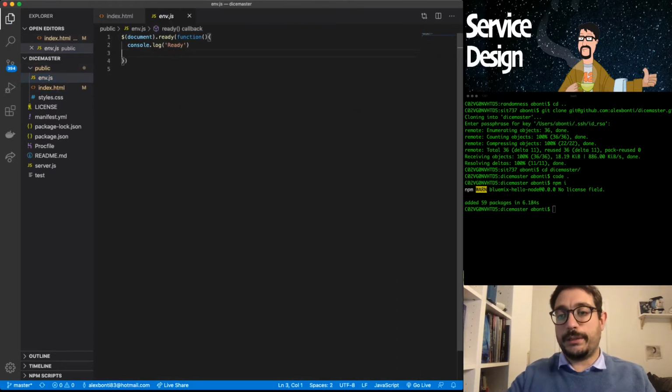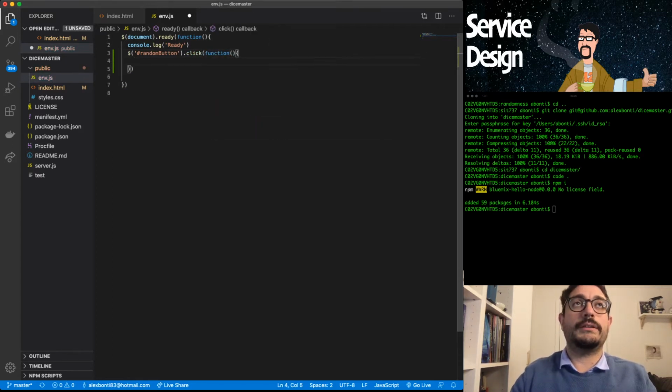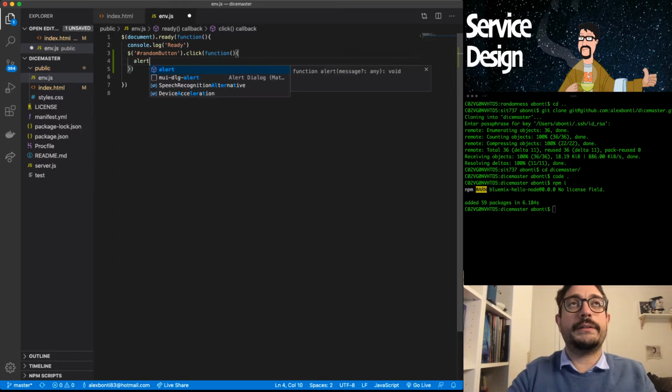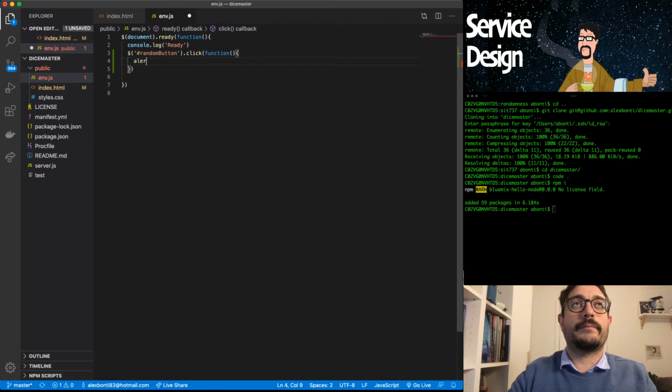So in here, I'm going to do the usual binding to that button. The ID for that was random button. I say click. When I click, I want to do function. What do I want to do? Let's see if everything works first of all. And let's just say console. Actually,